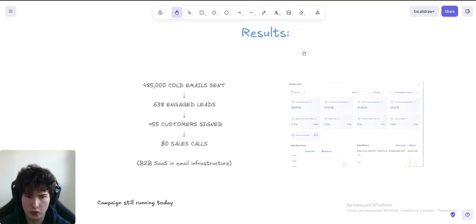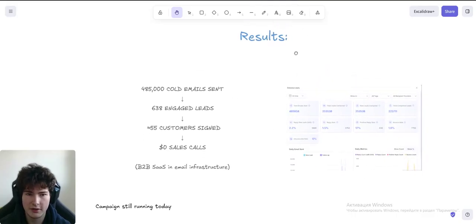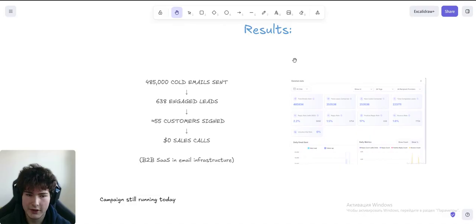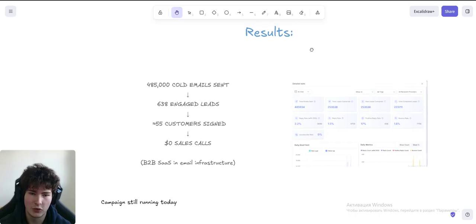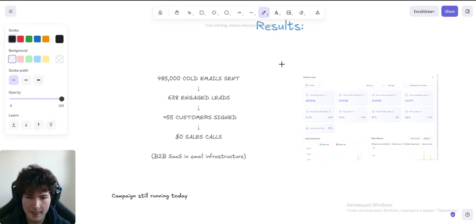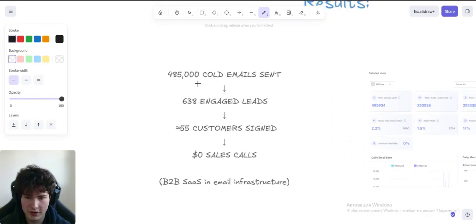It's going to be very tactical, very technical. So if you want to learn exact tips that you can implement today and level up your cold email game, then stick around until the end. I'm going to cover everything that we did from A to Z. So yeah, let's start. Basically, actual results, we sent a total of